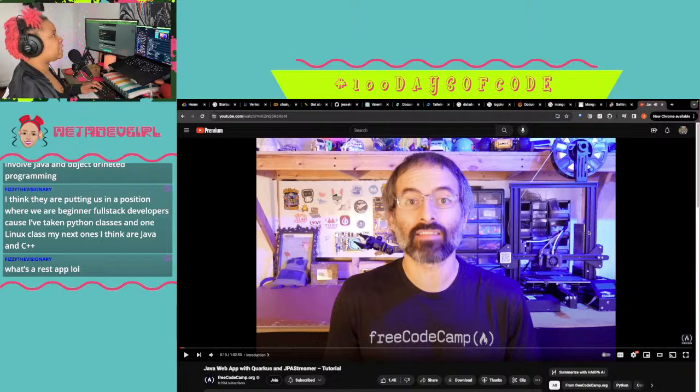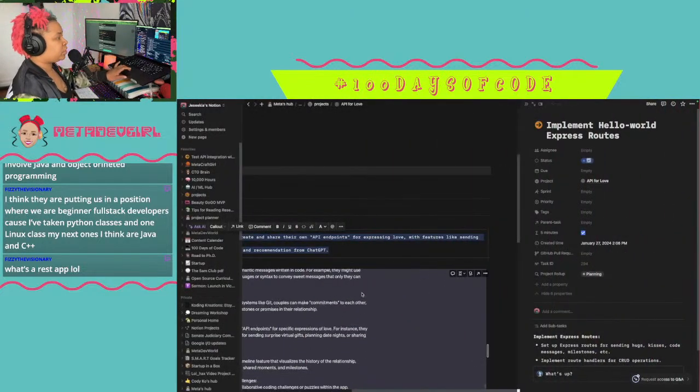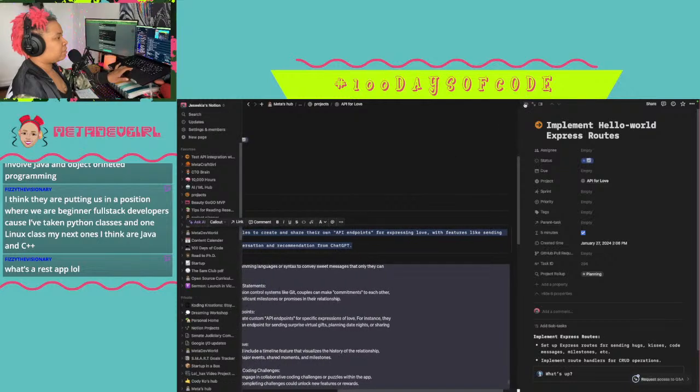A REST app is kind of like what I'm about to do. So this is like a backend. It's basically building a backend application, and you follow a certain pattern to where you make it easy for your front end to be able to make different types of records, edit those records, view those records, and also delete those records. So that's kind of what I'm setting up now. If I show you just an example of how my endpoints are going to be structured, it might make a little bit more sense how I'm describing it.